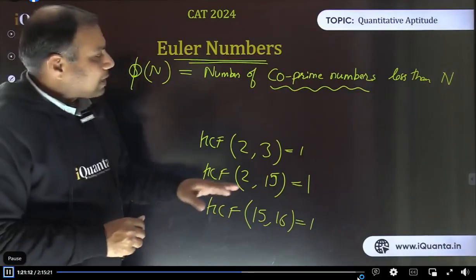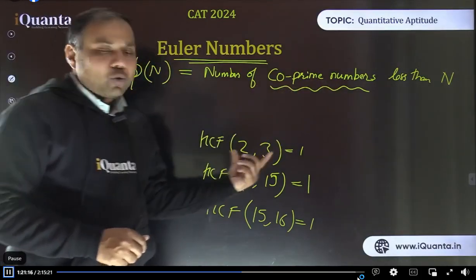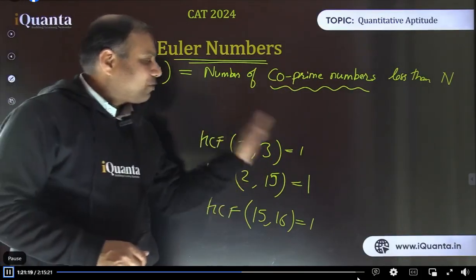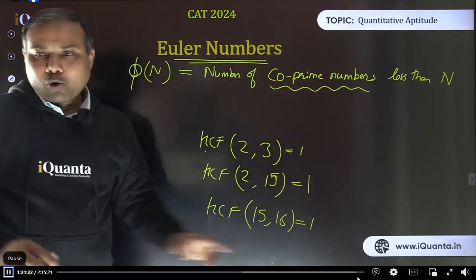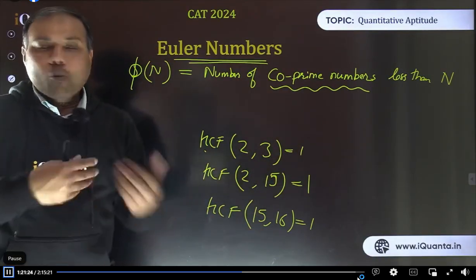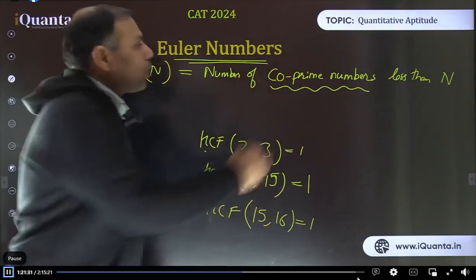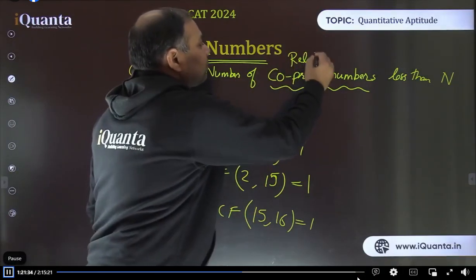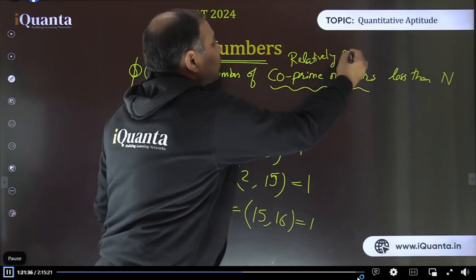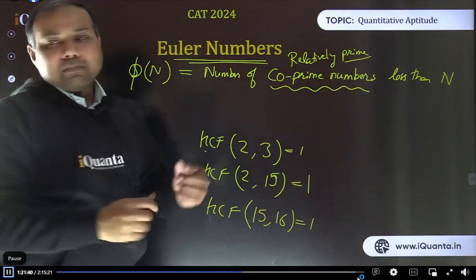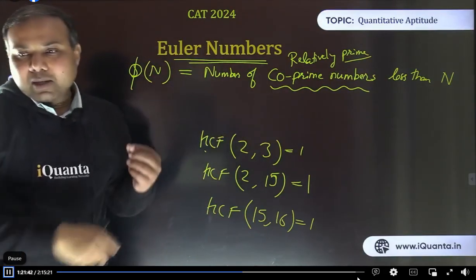See, so far what we have discussed, I've just told you what is the meaning of co-prime numbers. So those numbers which are not having any common factor greater than 1 or whose highest common factor is 1, they are called co-prime, right? They are co-prime to each other. No single number can be a co-prime number because co-prime means correspondingly prime or relatively prime. That is also a term. Relatively prime. Right? So one number is prime with a particular other number.